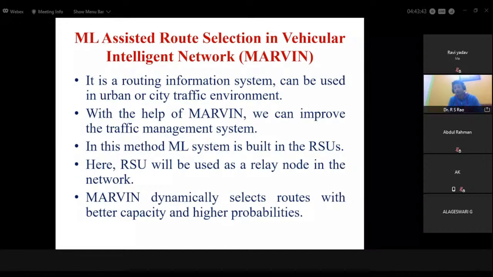So how we can use the machine learning here basically? We can understand with the help of our proposed model that we call machine learning assisted route selection in vehicular intelligent network. That is basically short form is MARVIN. But basically it is a routing method, selection method, node selection method. Okay, it is a routing information system, can be used in urban or city traffic environment where large number of vehicles can be found. With the help of MARVIN, we can improve the traffic management system,